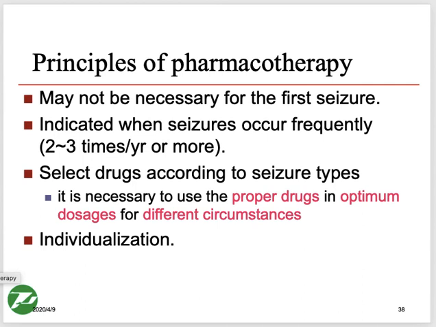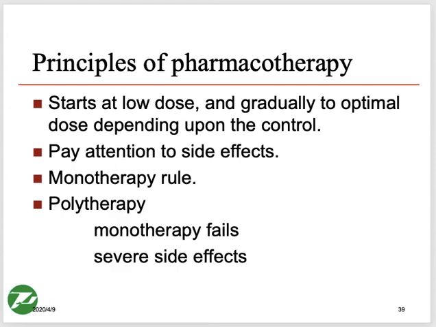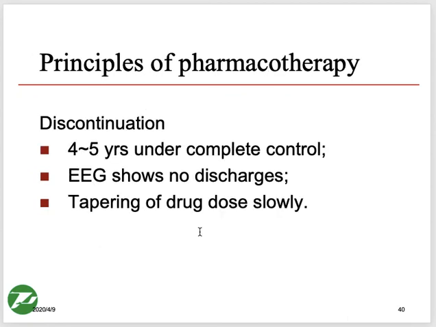There are some things like this. For example, we don't give phenytoin to females because one of the side effects of that drug is gingival hypertrophy, their gums become hypertrophied. So of course that drug is not used in these patients. Monotherapy is tried first. If monotherapy fails, then we go for polytherapy. Give the dosages in increasing order, try to maintain them at some level, and when you are weaning them off, taper the drugs slowly.